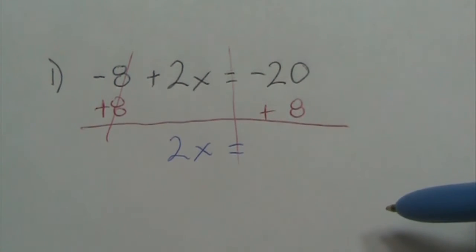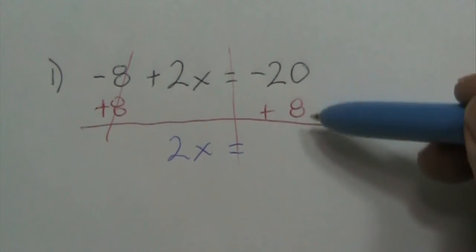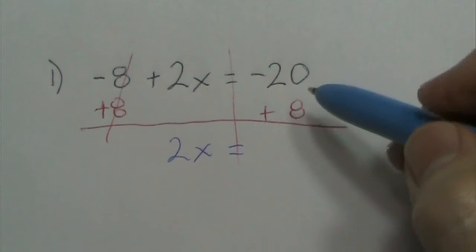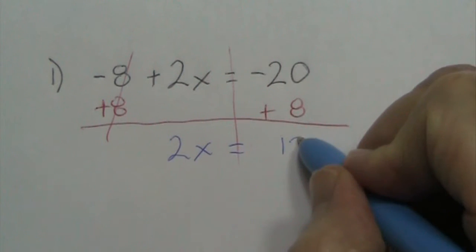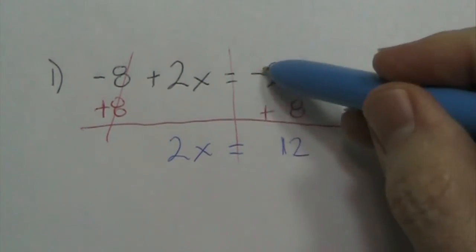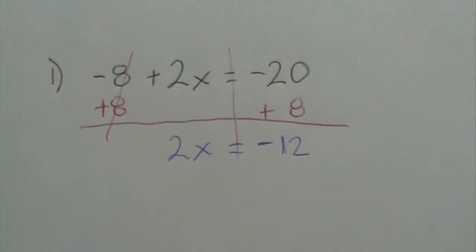-20 and 8. They're different, so subtract them. 20 minus 8. And there's more negative. You might be able to see the answer. If you cannot,